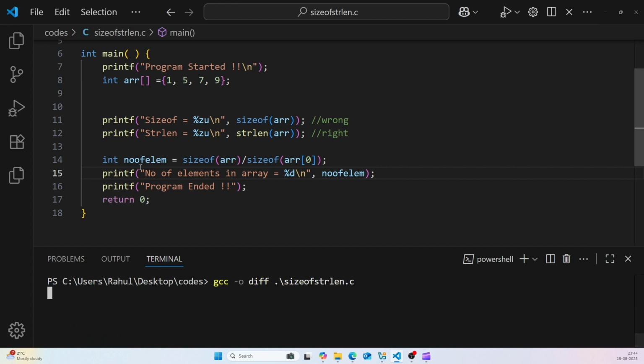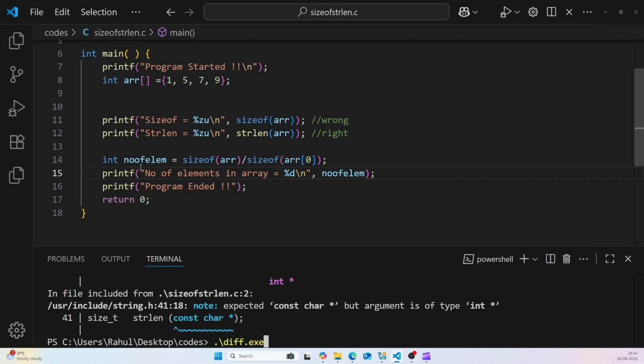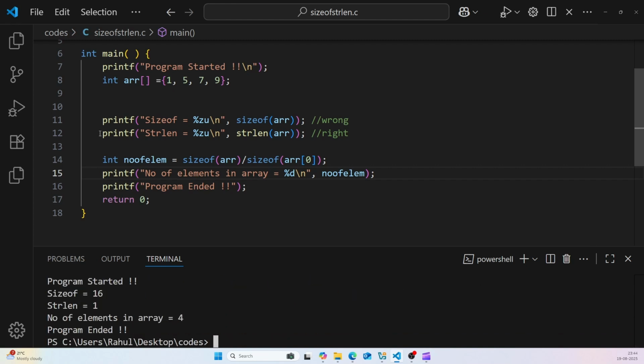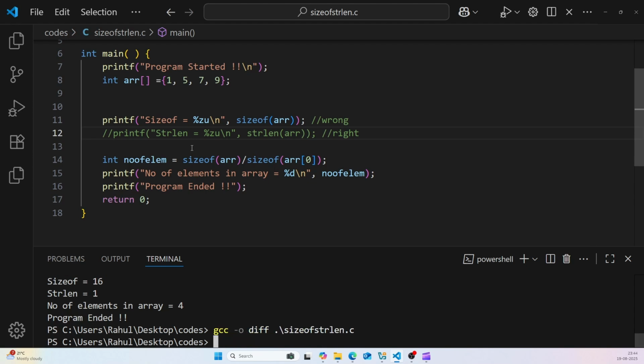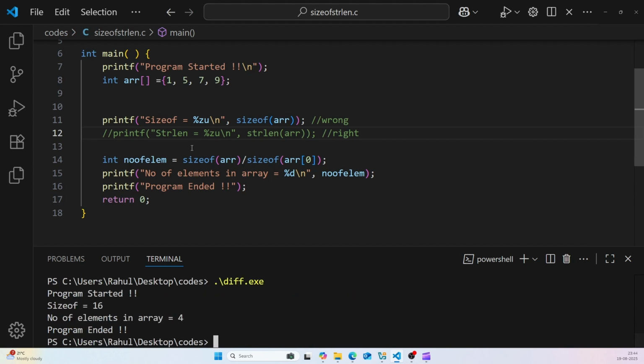Save it. Okay, so our strlen, I'll comment this out. Save it. Okay, so here I'm getting the four elements. So 1, 5, 7, 9 are the four elements in this array. So what we learned in here is,